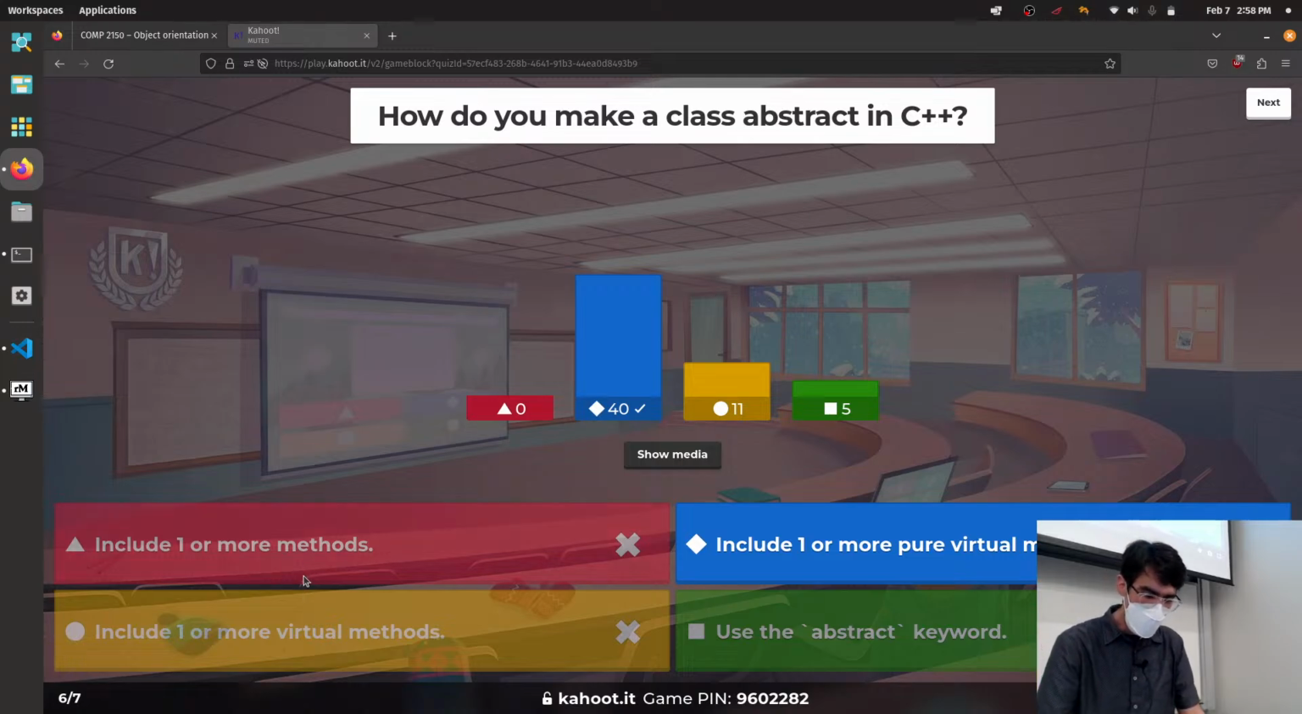So include one or more methods. I think that's just not something that anybody picked, so why am I dwelling on it? Nobody picked that, so that's good, excellent, great. Include one or more pure virtual methods, and then the other one that looks reasonable is include one or more